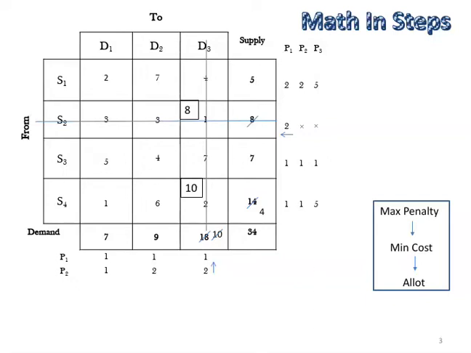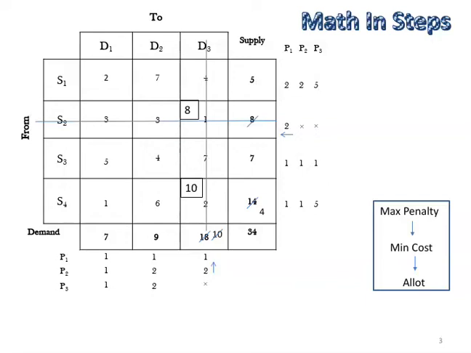Same way we will find out the penalties column wise. For the first column, the minimum is 1 and the next minimum is 2, so the difference is 1. For the second column, the minimum is 4 and the next minimum is 6, so the difference is 2. In the third column, as we have cancelled it, we will not find the penalty for this. Now in the third stage penalty, the maximum penalty is 5 and there is a tie at 2 places, first row and the fourth row.